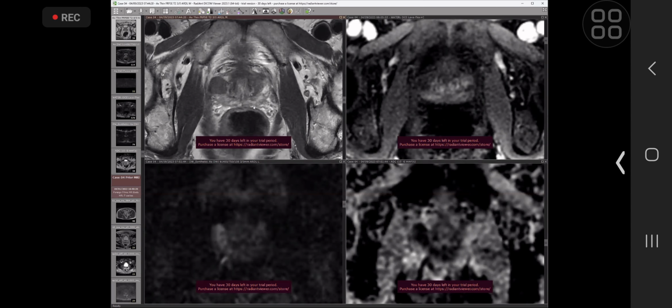Okay, doctor, shall I scroll or stick to this? Okay. In the T2 weighted images, I can see that there is a well circumscribed capsulated